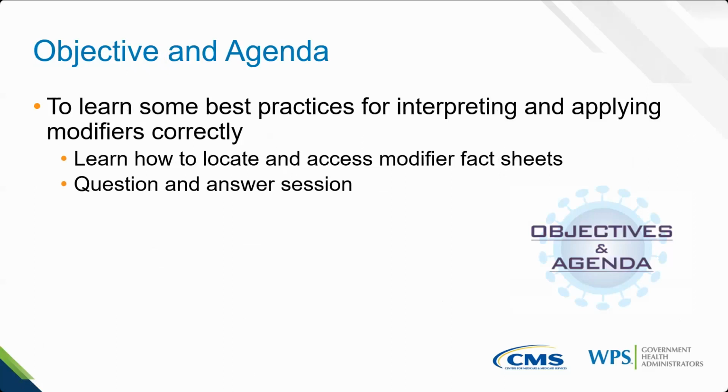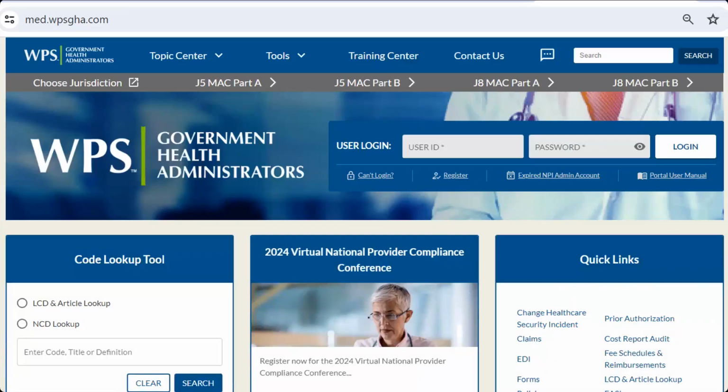My objective for today is to help you learn some best practices for interpreting and applying modifiers correctly, and that's by utilizing our fact sheets. So we're going to accomplish this today by learning how to locate and access those modifier fact sheets, and we also are going to make this interactive and allow questions and answers throughout so we can real-time navigate those things for you and show you how to find them. So on your screen right now is the WPS GHA website, and we're going to navigate to that in a little bit and go over